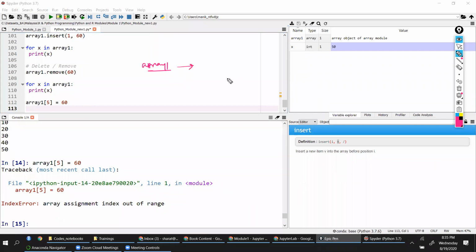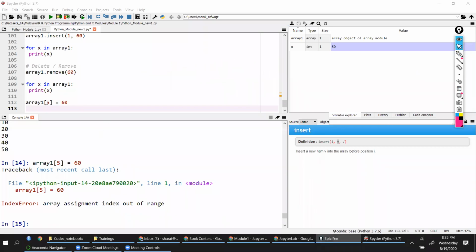It's already fixed, and it has values at indexes 0, 1, 2, 3, 4. Right? These indexes are already defined. Now, if I say index 5, is that available here? No, right? Hence, it is not able to get that. And index is always a sequential number, so it says out of range.